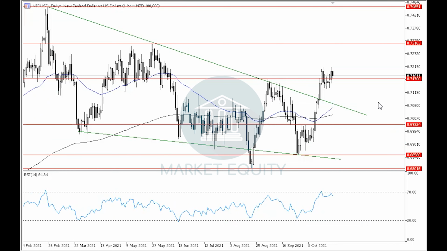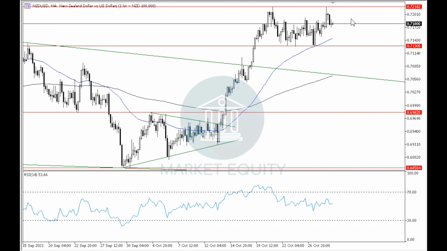In the daily time frame, we can see that the pair has started an uptrend upon the breaking upwards to the upper boundary of the falling wedge, and also upon the breaking upwards to level 0.7170, which used to resemble a horizontal resistance level for the pair in the daily time frame, and currently, in the daily time frame as well as the 4-hour time frame, we can see that the pair is being traded around level 0.7170, which now resembles a horizontal support level for the pair in both time frames,